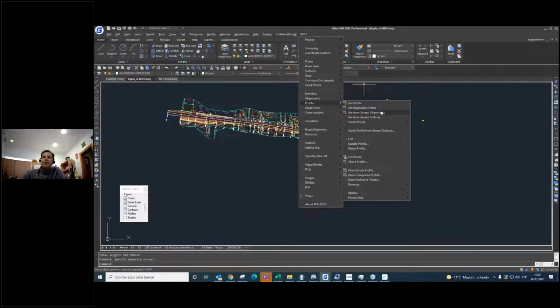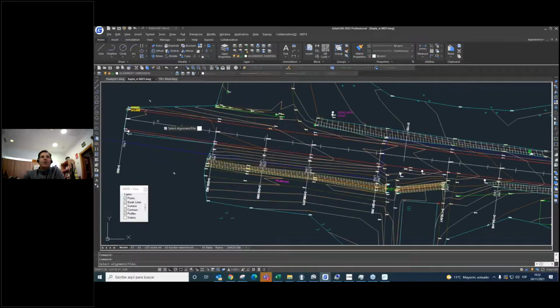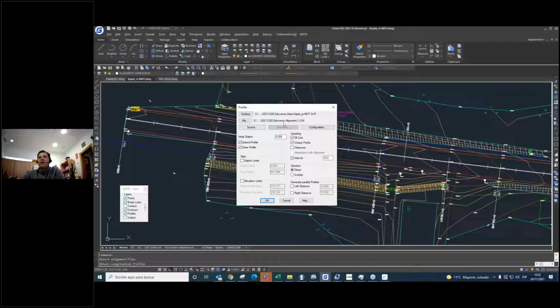Okay. So we are going to get a single profile. We're going to use our horizontal alignment. In this case, this one.